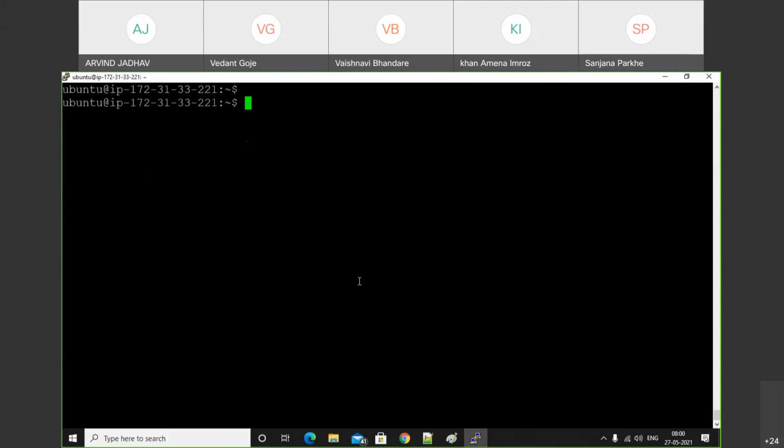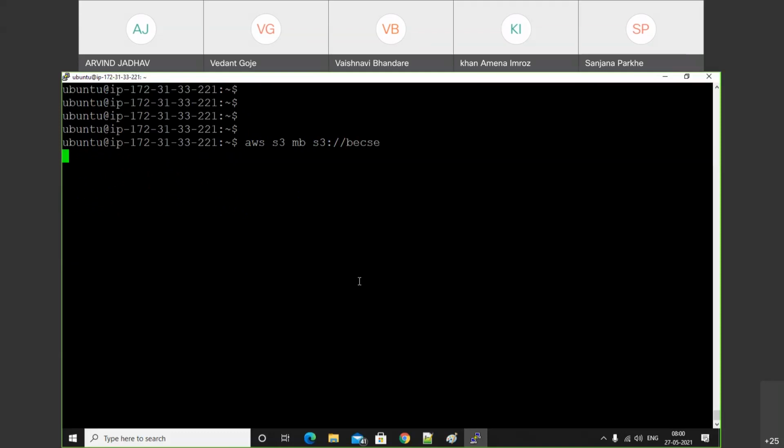So let's create one bucket with AWS S3. Instead of ls, I will use mb, make bucket. Here I will use s3 colon slash slash and after that the name of the bucket. For example, BECAC. I want to create a bucket called BECAC.